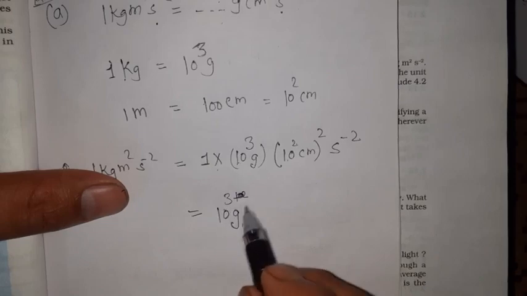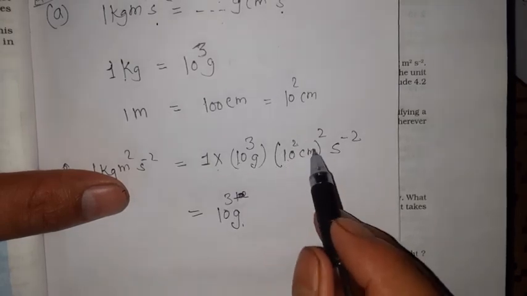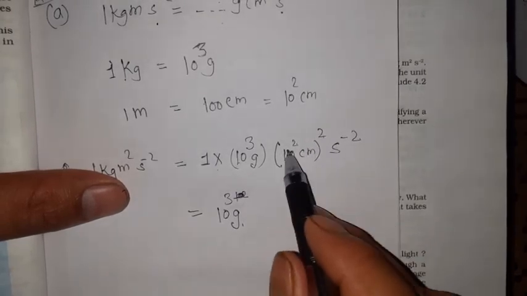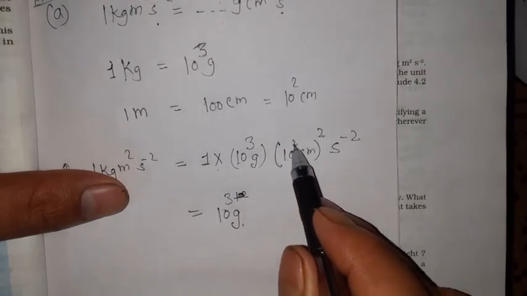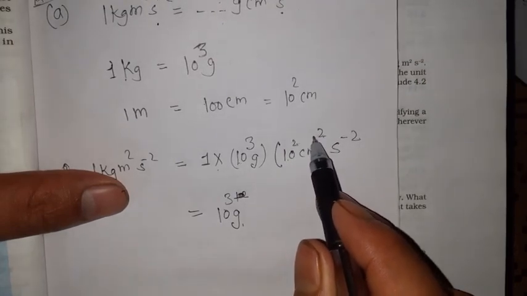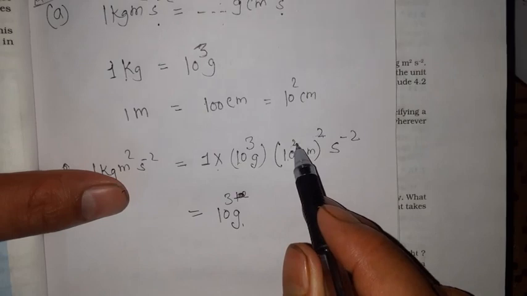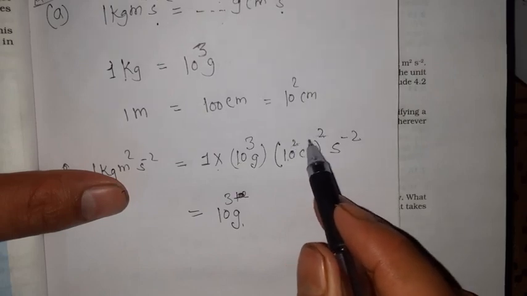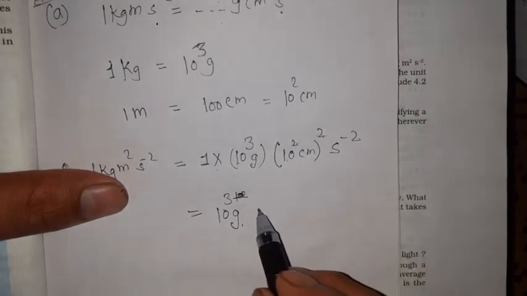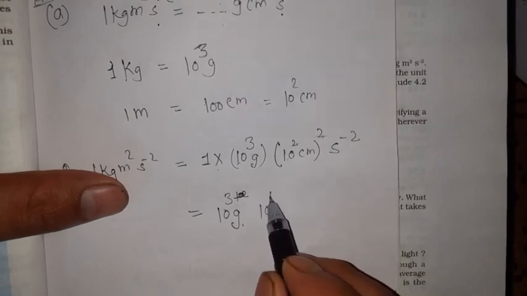So it is 10 ki power 3 gram. Here it is whole square. Okay, so whole square, then this power will multiply. ठीक है, स्क्वायर जब करना है तो अगर पावर की पावर होती है तो वो मल्टीप्लाई होती है, स्टूडेंट. ठीक है, so 10, I will get it is 10 की पावर 4.